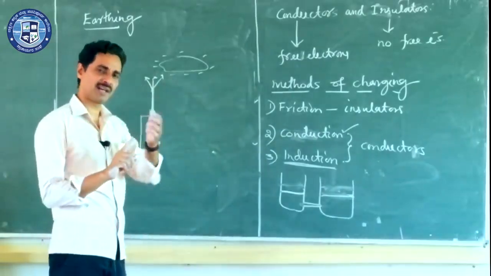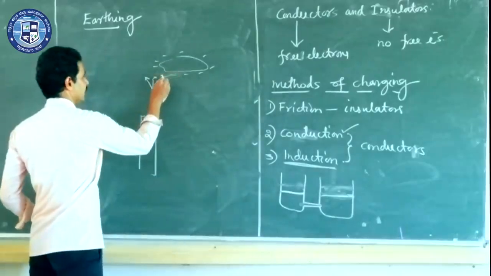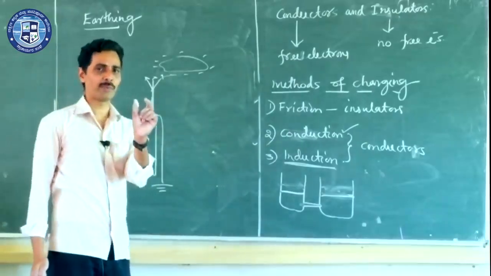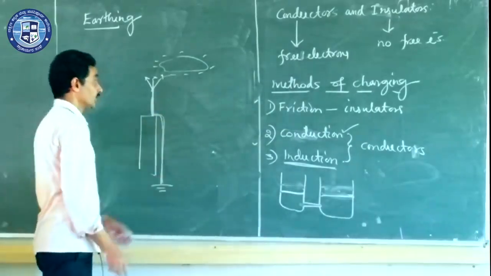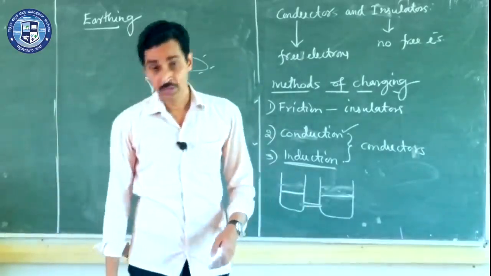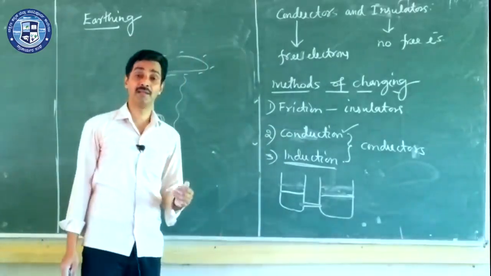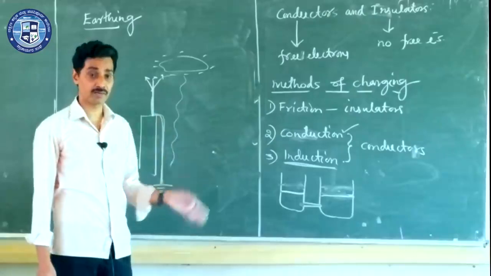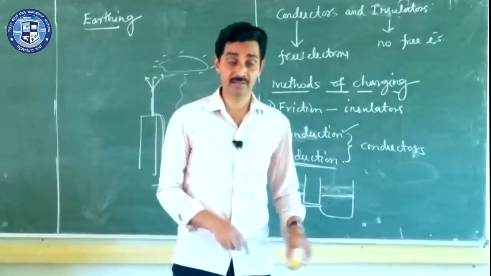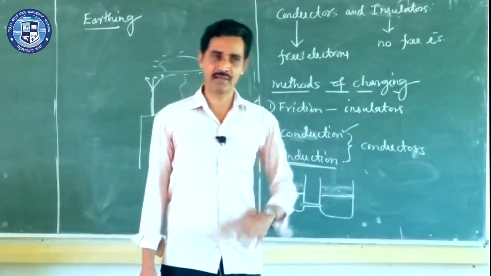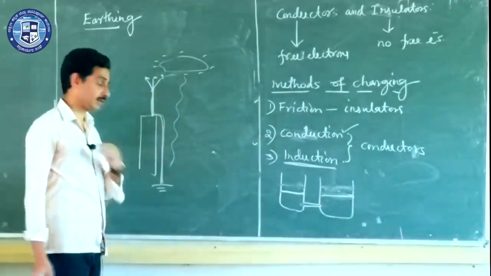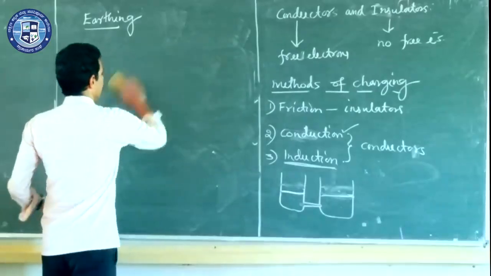Sharp objects always attract charges, and these charges will flow to these sharp objects, and this is always connected to the earth through a very thick metal strip, a copper strip, and these charges easily flow to the earth, so that they do not float in the air and damage the things they come across. So lightning arresters protect buildings by discharging all the charges in the clouds and sending them to the earth. So it is not safe to touch those earthing wires in a building or in our house while it is lightning. It is very dangerous. Or even on other days, better not to touch them, because they will be carrying all the stray charges to the earth. So earthing is very important for us.